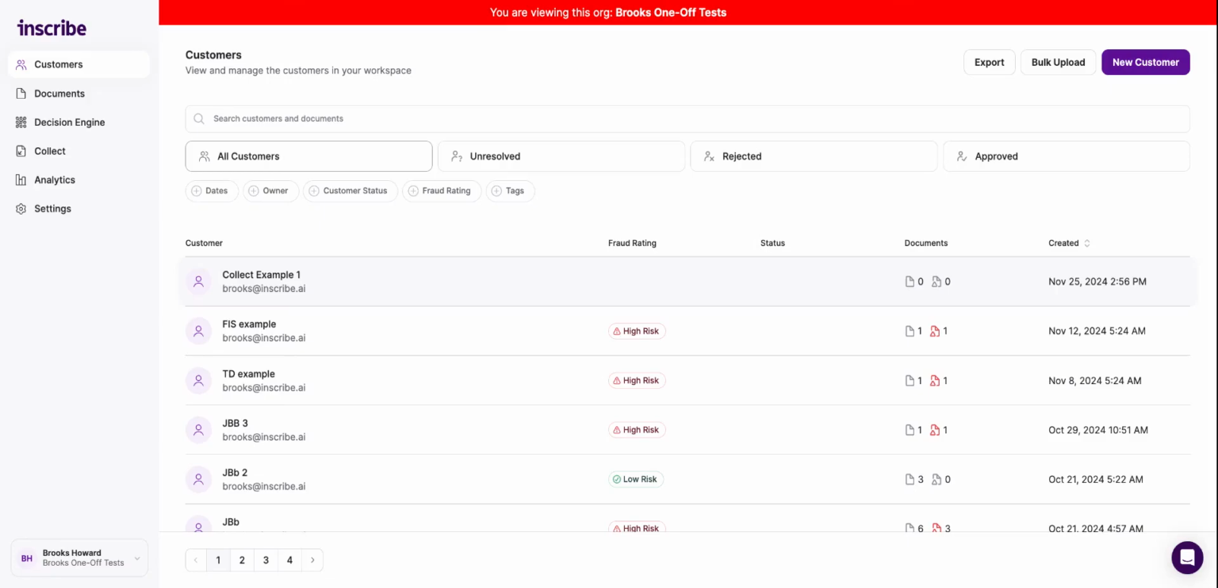Hey everyone, in this video we're going to show you how you can use Inscribe's collect feature to more seamlessly collect documents from your applicants and make sure you get the right document the first time that meets your business requirements. So let's first jump into the decision engine here on the left side to give you a sense of